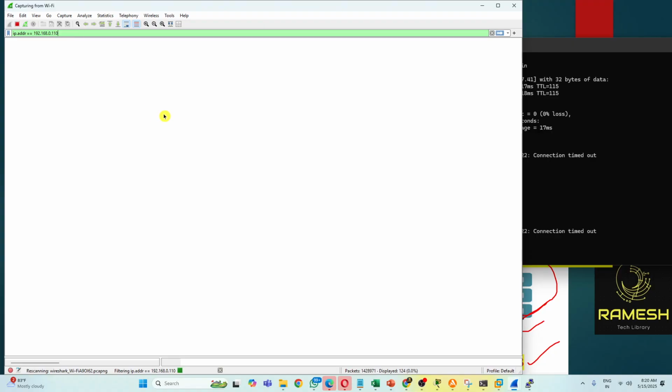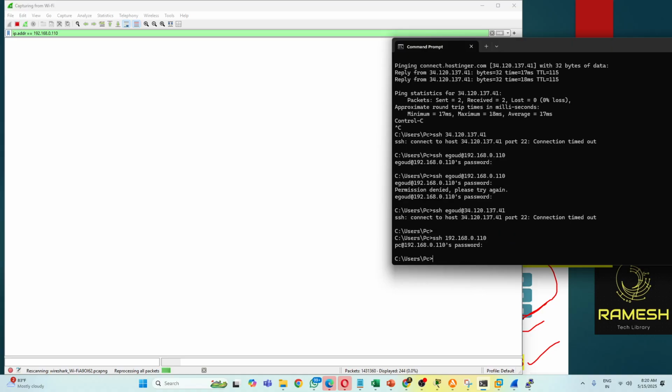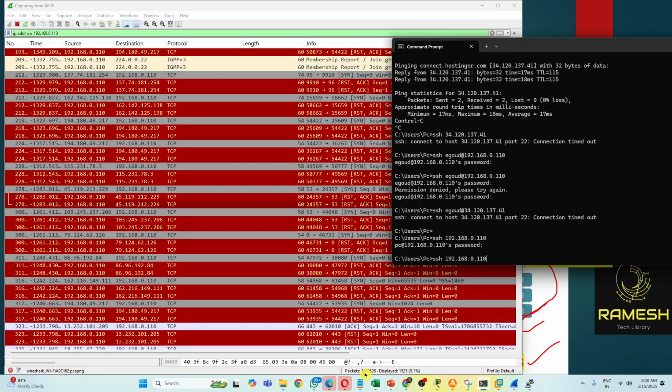Okay, so this is my local PC, right? Let's try to load this. It is loading, right? Let it load. Once it is loaded, see how many packets it is displaying. 1.4 million packets I am receiving currently. Out of that, I need to filter it.